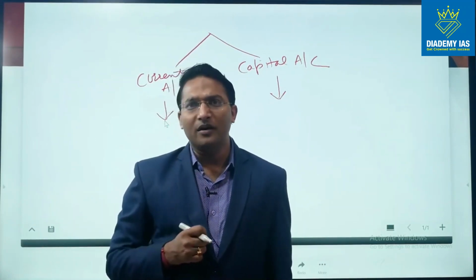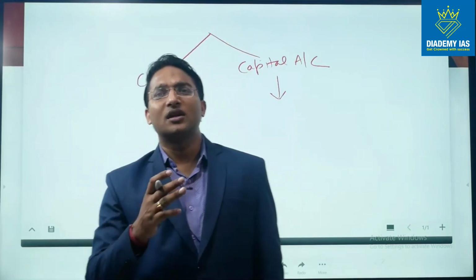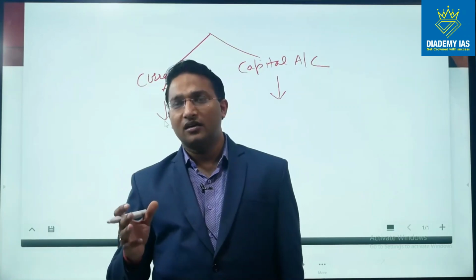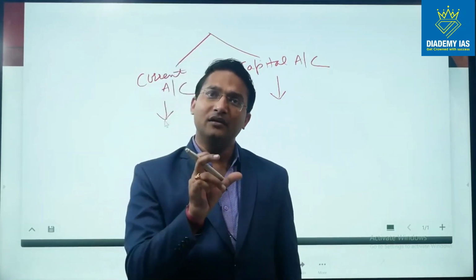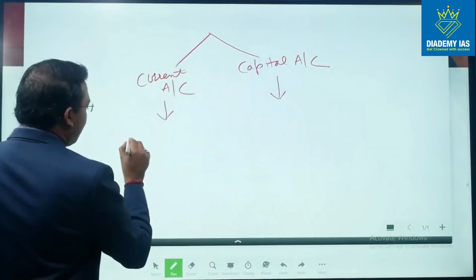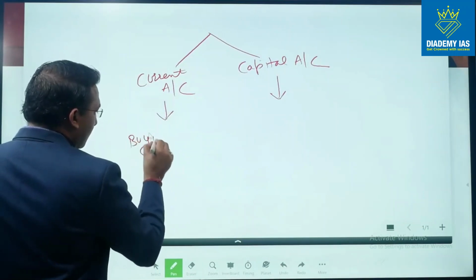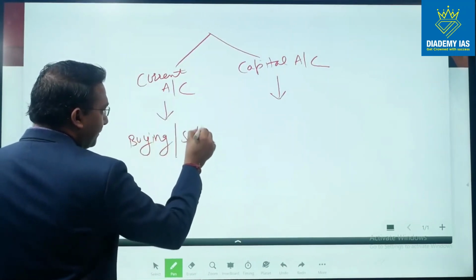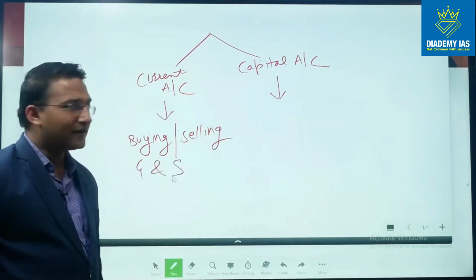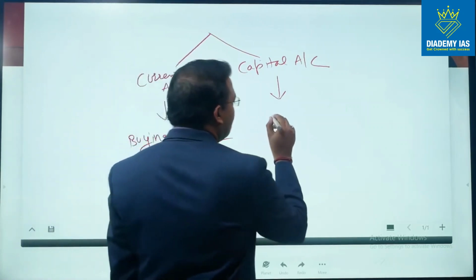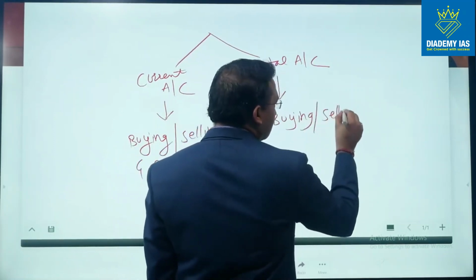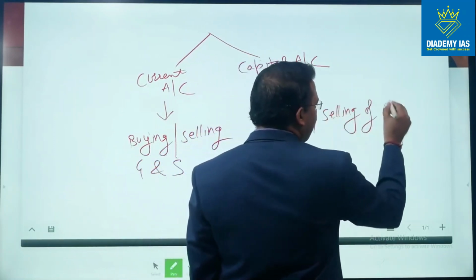In case of current account convertibility, there is no restriction about the purpose, quantity and exchange rate if that is happening for buying or selling goods and services. So the current account primarily talks about buying or selling goods and services and certain other transactions. Capital account means buying or selling of some assets.